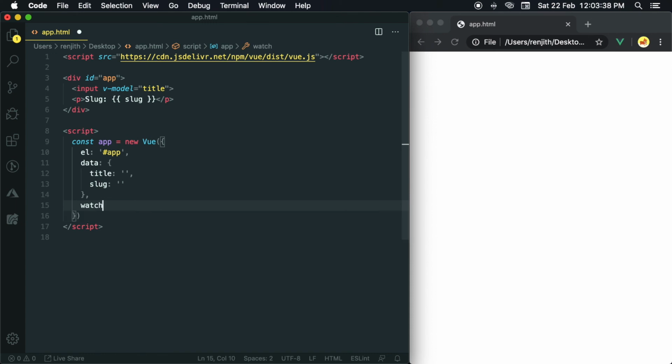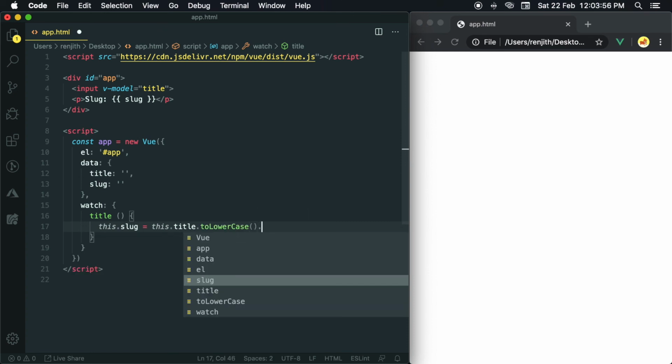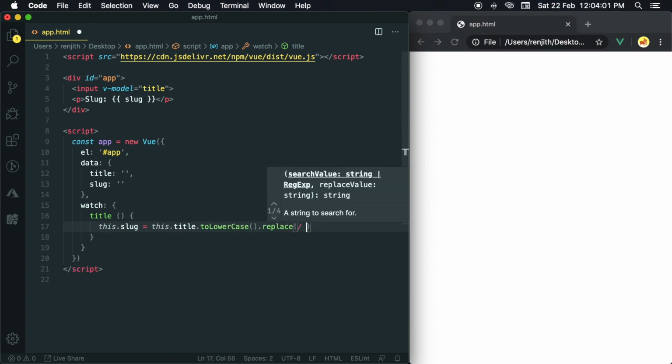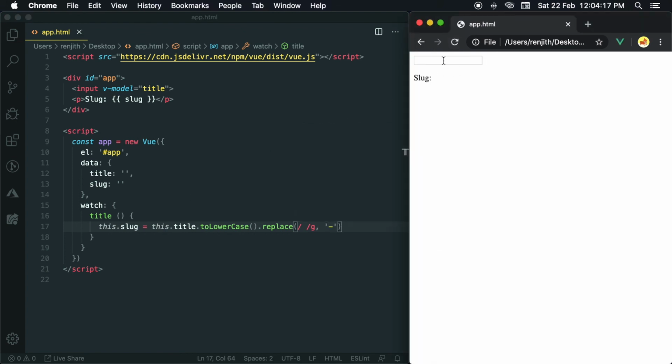Create a watcher for the title and update the slug with the title converted to lowercase and the spaces replaced with hyphens. Let's run it on the browser. Yes, working.